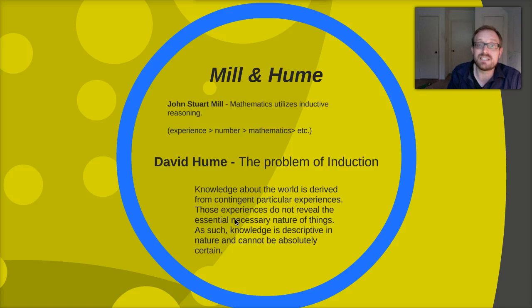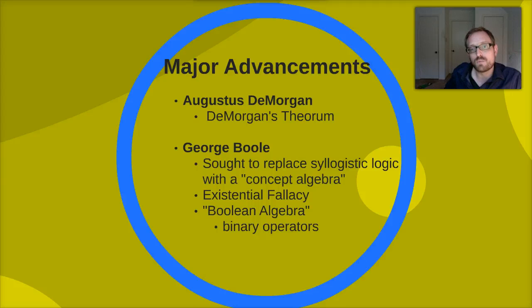I just want you to see here that by the time we get to the British empiricists, ultimately there's a sort of skepticism that's initiated regarding the efficacy of logic and mathematics in terms of whether or not it truly is a universal science. And ultimately, I think this is hinging upon whether or not we can understand logic to be related to the world or whether logic is related to the mind. And we'll return to that question here in just a moment.